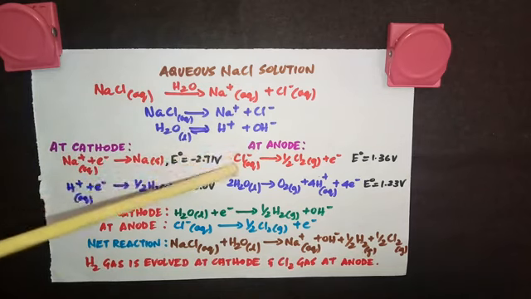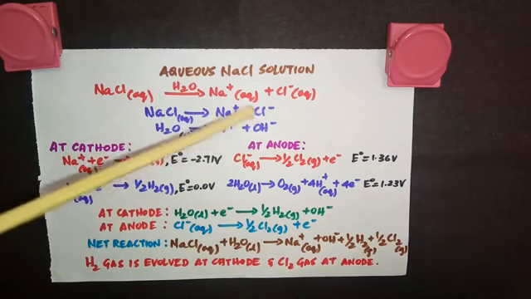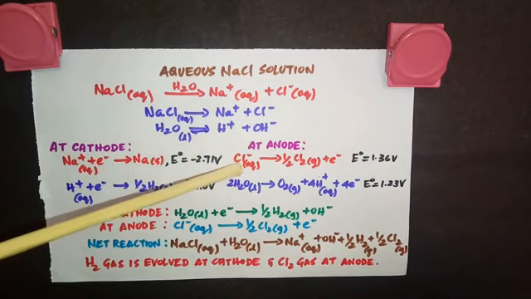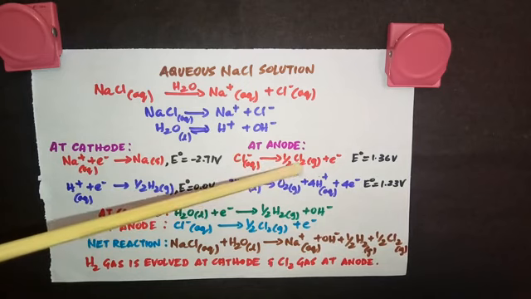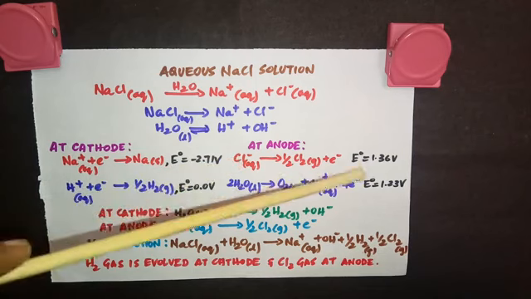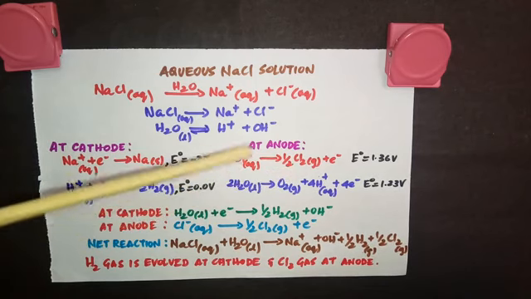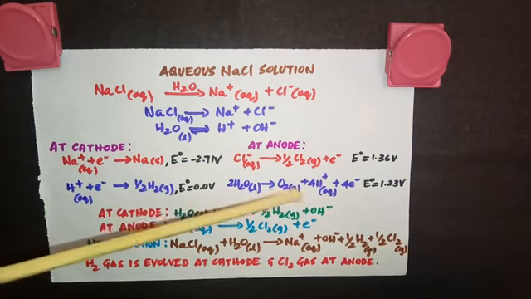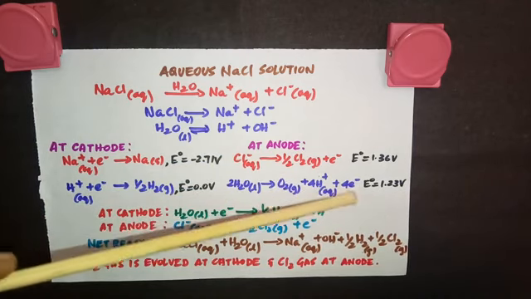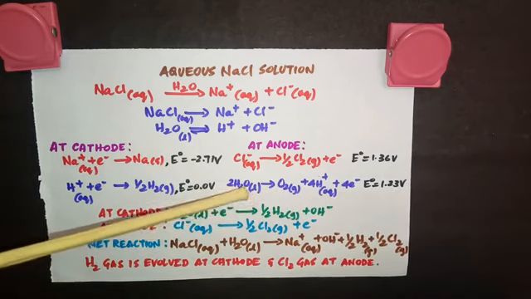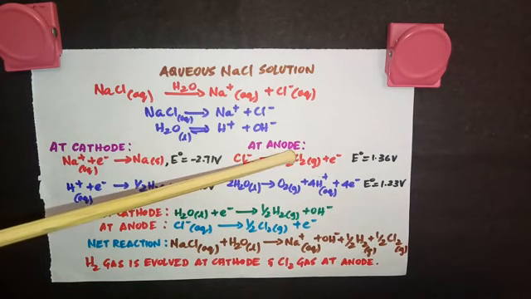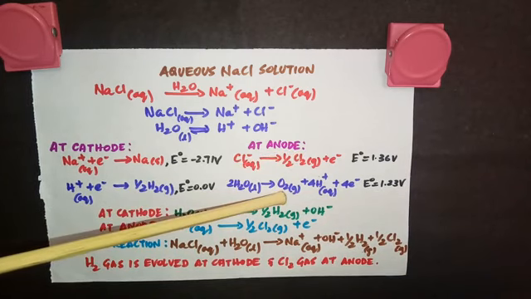Now coming to the anode, there are two possibilities again. Cl- can go to the anode or OH- can also go to the anode. So Cl- will lose one electron and form chlorine gas, half Cl2. If you are writing 2 Cl- and 2 electrons, here you can write 1 Cl2. And the other possibility, the overall reaction is 2 H2O gives you O2 plus 4 H+ plus 4 electrons. Again, this is oxidation. So now there are two possibilities. Either chlorine gas will be liberated at the anode or oxygen gas will be liberated at the anode.